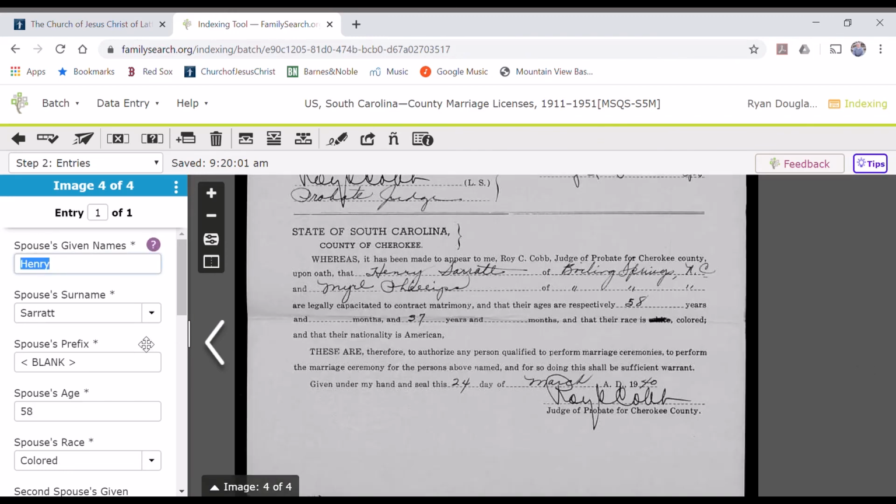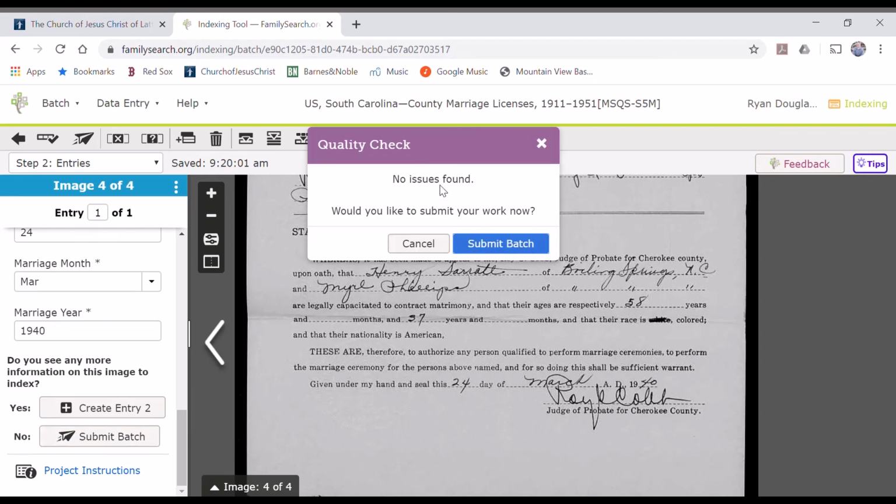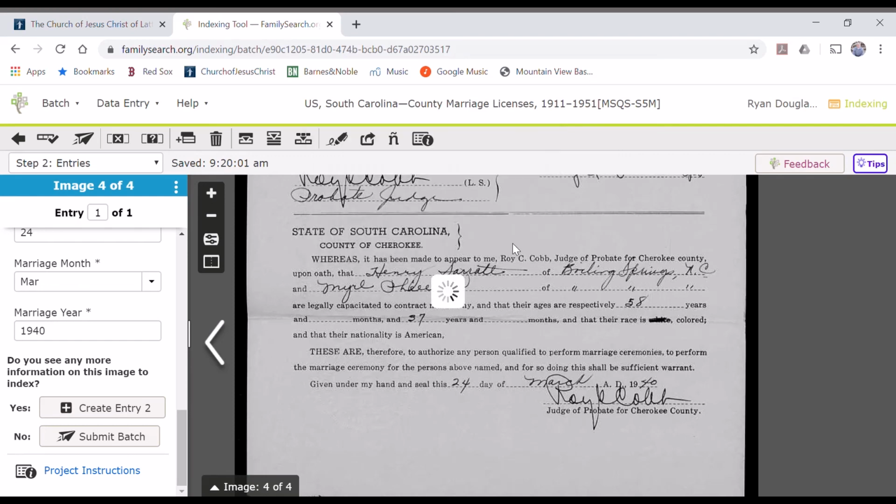So I'll scroll back to the last image. I can scroll down and submit my batch because I'm done. No issues found, that's good. Do I want to submit my batch? Yes. And then I get the